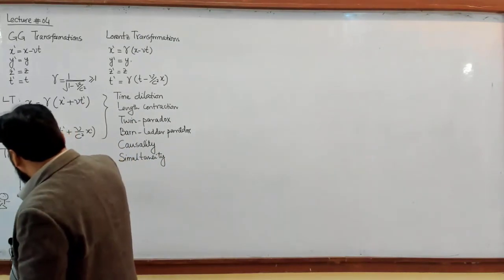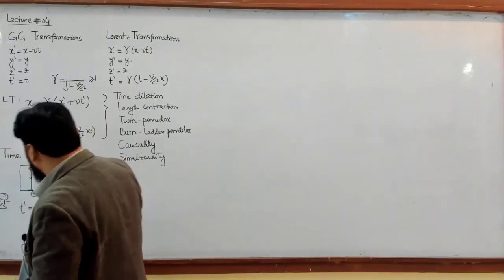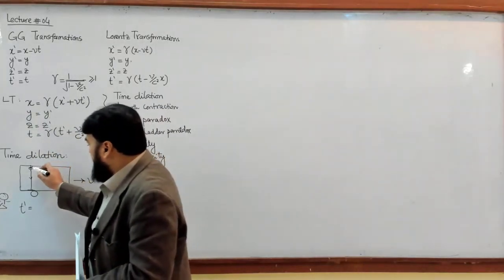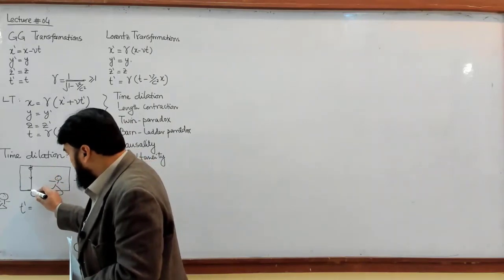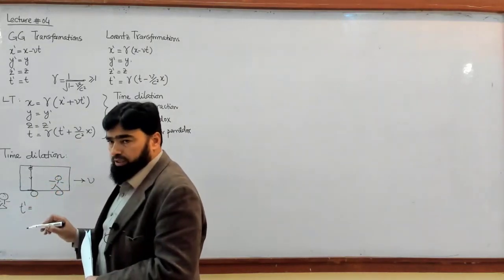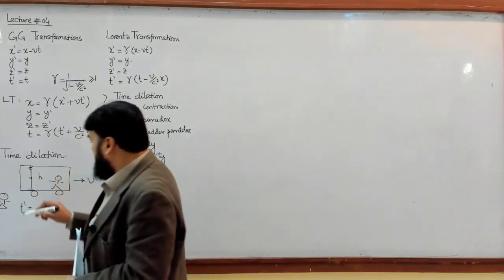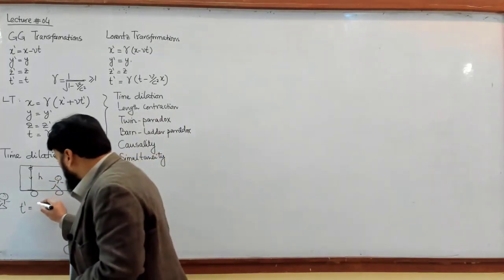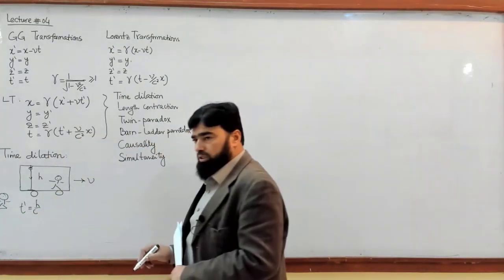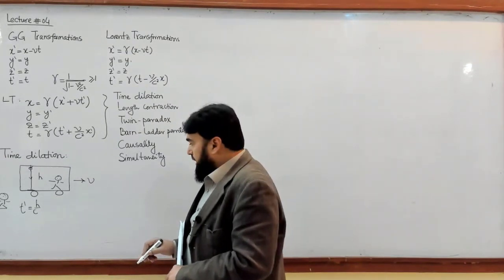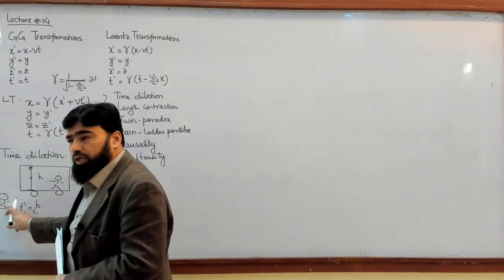let's say we simplify the situation like this: the light comes in from here and just hits the bottom here. And how much time does it take? Let's say the total distance here is h, and he will say that t prime is equal to h over c. Now if you ask this observer who is measuring time t,